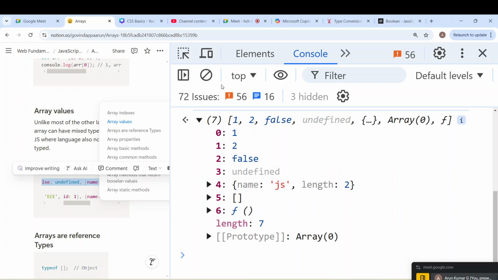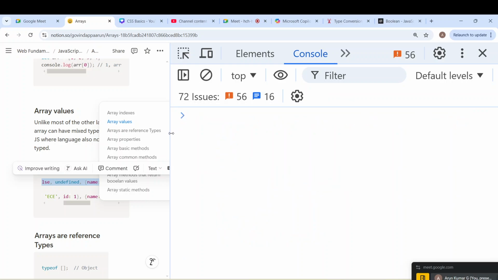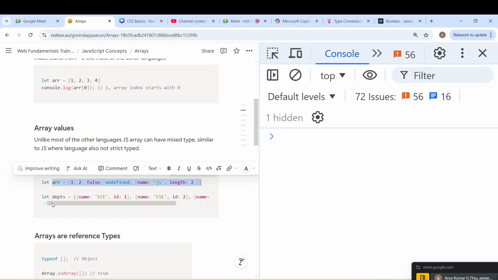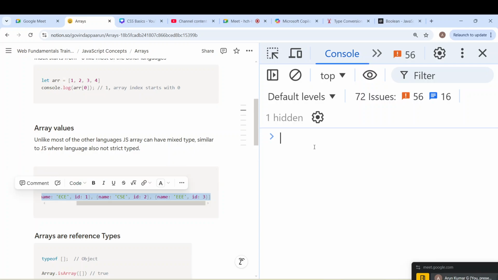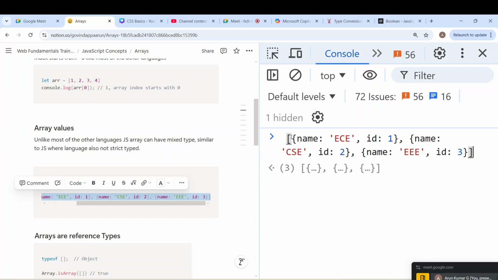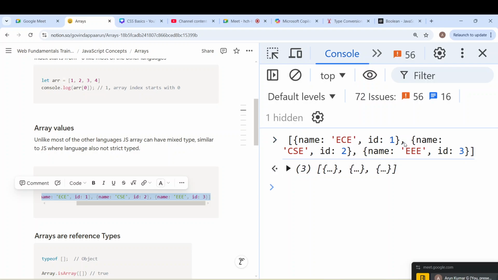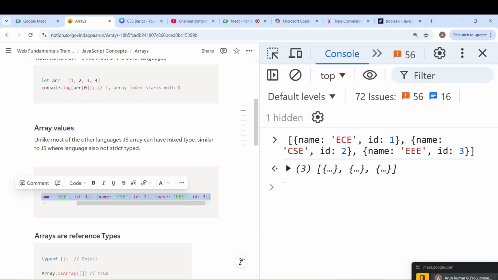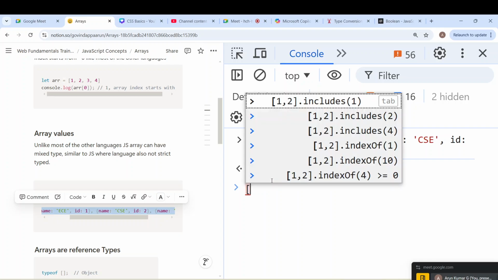But what is a common use in terms of programming? We always heavily use array of objects actually. This is very common in JavaScript. We try to use arrays to hold multiple objects. See, in the real world we will not have 1 2 3. In the real world, when we are writing a program, when we have a use case for implementing something, we don't deal with an array of simple values,